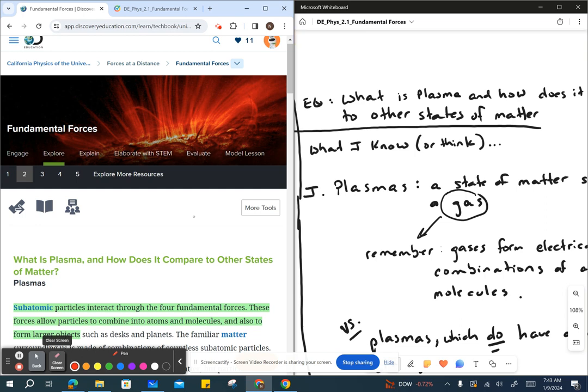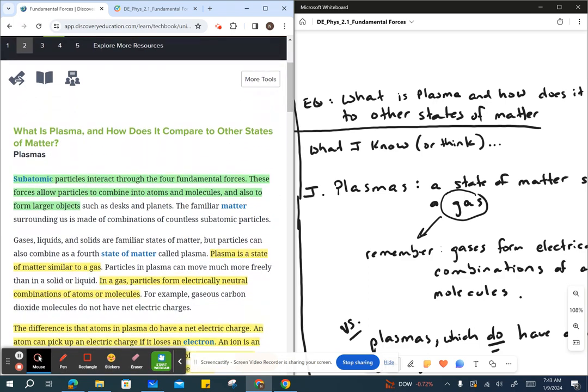Regardless of what state of matter you're in, it really comes down to the subatomic particles, as you can see in the first paragraph there. Your subatomic particles interact through the four fundamental forces. Remember what those are? You have strong and weak nuclear forces, you have electromagnetic forces, and you have gravitational forces. So your subatomic particles, whether we're talking protons, neutrons, or electrons, or quarks, or neutrinos, they are subject to these different forces. And depending on how they're assembled, they make up the material world that you and I see